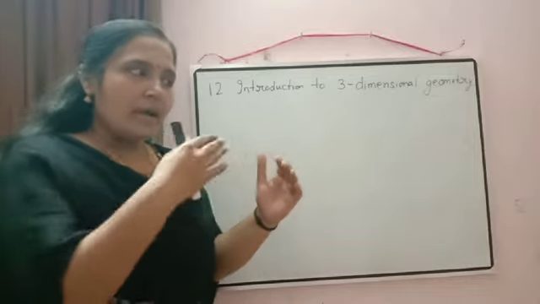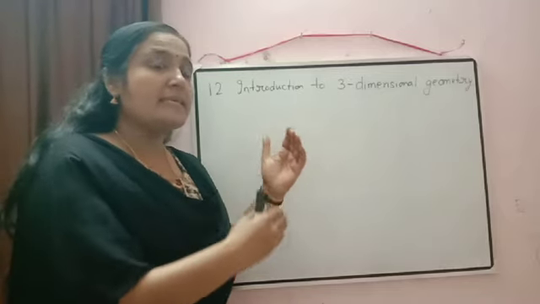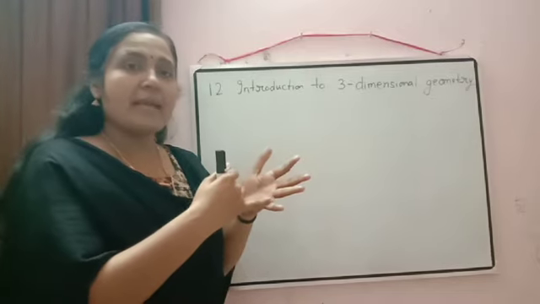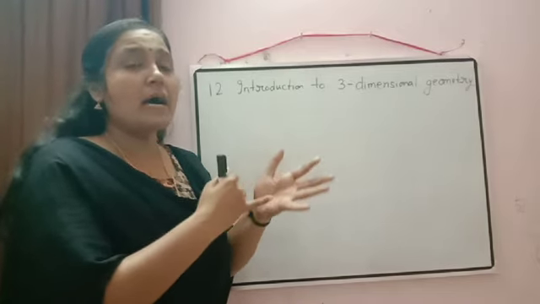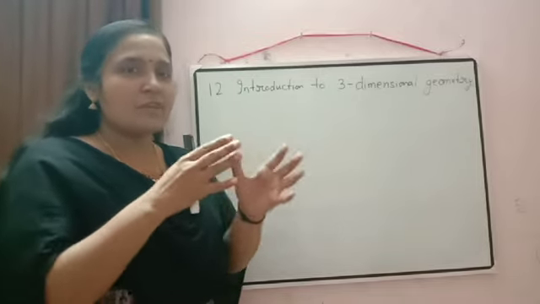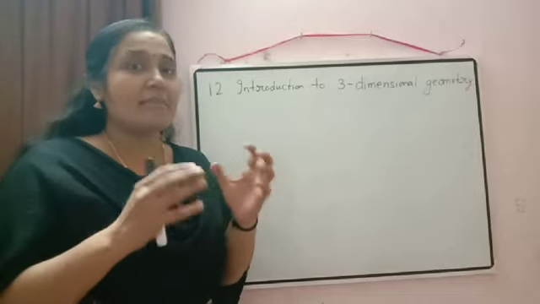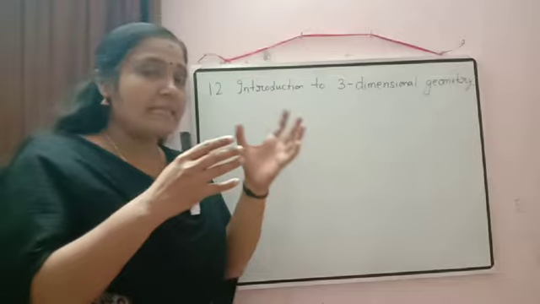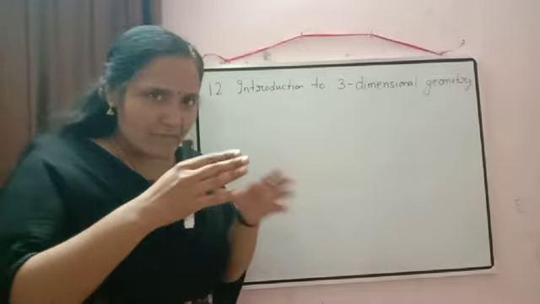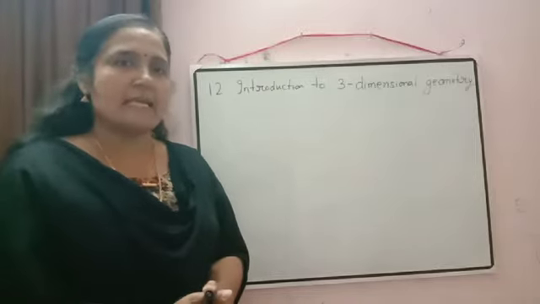But now, including length and breadth, we are including the next, that is height also. Okay. So if it is length, breadth and height, it means now we are moving to a 3D mode. In some cinemas, you might have seen a 3D movie. So what is the difference there? In a normal movie, only length and breadth is there. But in a 3D movie, along with length and breadth, we have the concept of height, or the concept of depth also. So that concept we are going to study.